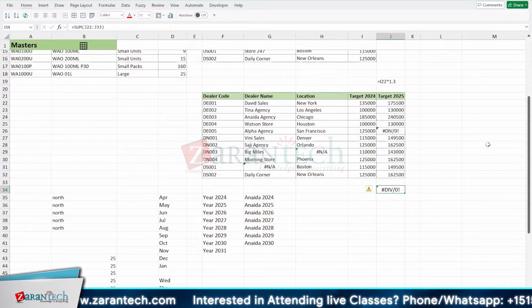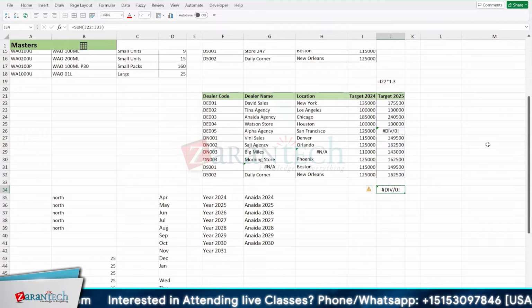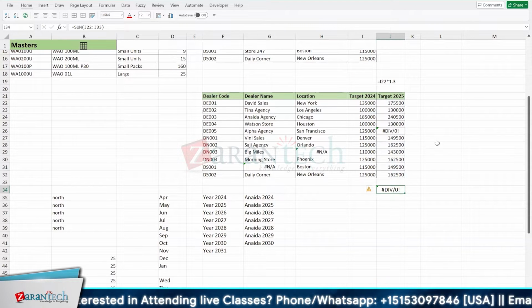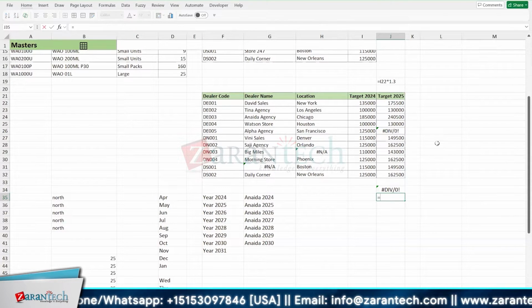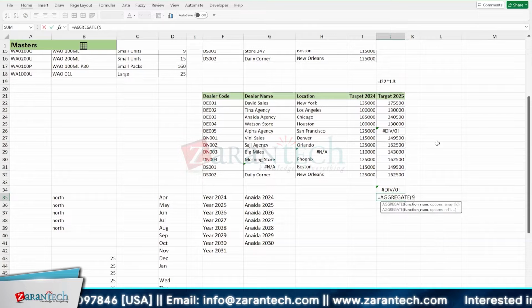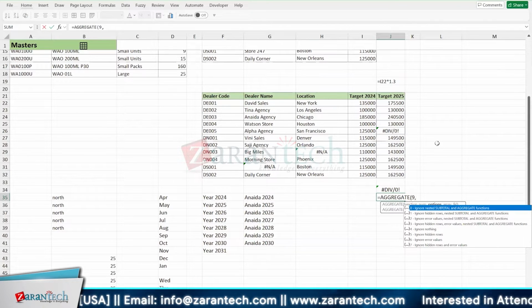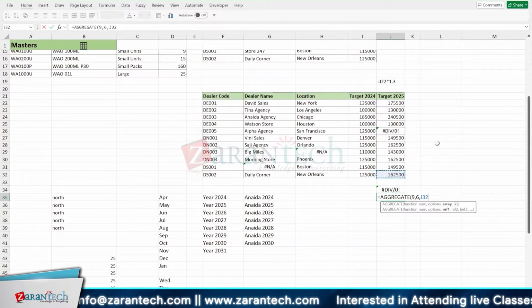But then there can be another problem. There can be some guidelines that in case you find a mistake over there, give us the balance sum available there. That can be the requirement, for example. How is that possible? If I try the function called aggregate, for example, apply function sum, comma, ignore the errors, comma, pick up the data,